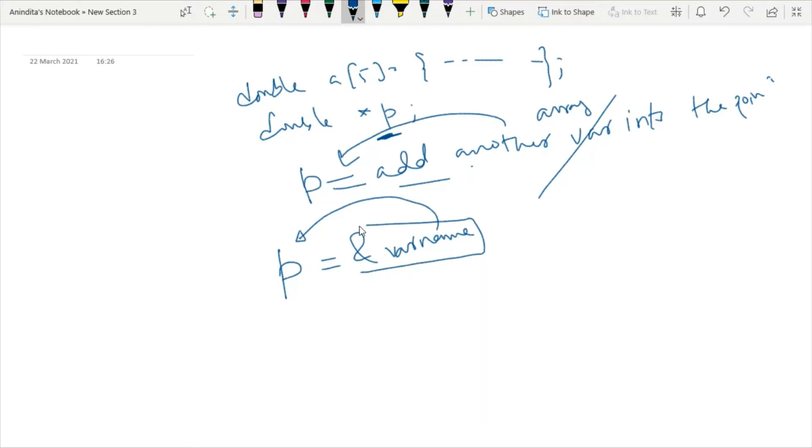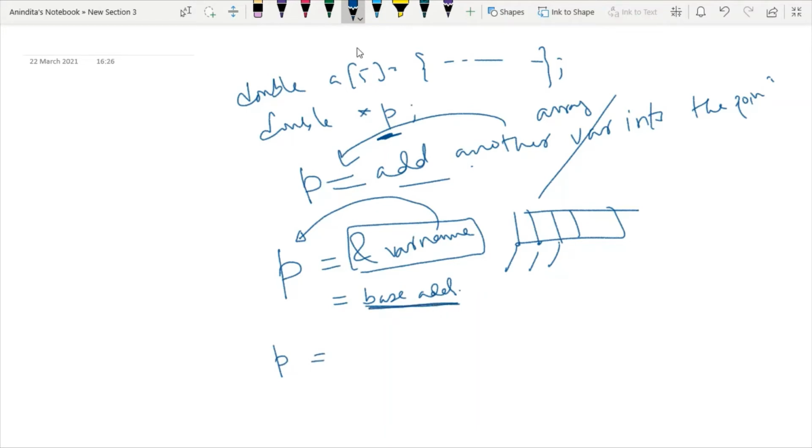Now the question is, while defining an array, we have so many addresses. So which address to assign? The answer is, in case of an array, you have to assign only the base address. And according to my discussion, how can we assign the base address of the array? If we mention just the array name, then the base address of the array will be assigned to this pointer. So as a result, this pointer will hold the address, or the starting address, of the array, right?